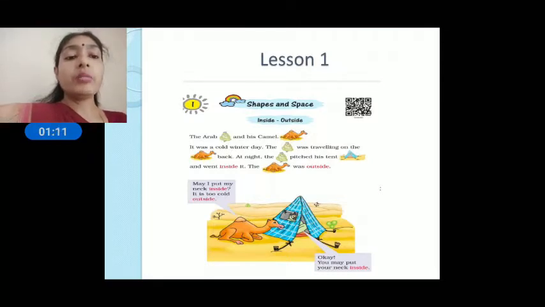So the Arab and the camel went outside. It was a very cold winter, and first the Arab made a tent and went inside. The camel was outside. Slowly the camel asked the Arab if it could put in its neck, then two legs, like that. Lastly the camel goes inside the tent and the Arab comes outside the tent. To make the inside outside concept clear, let us see